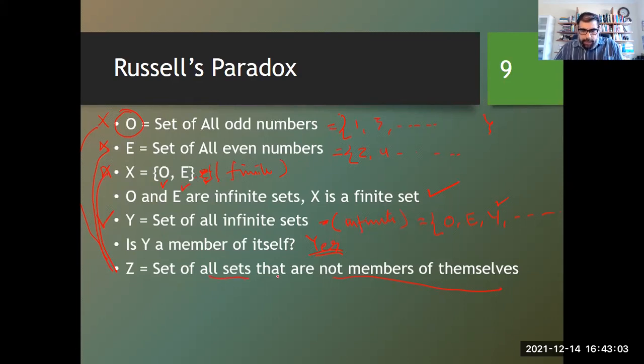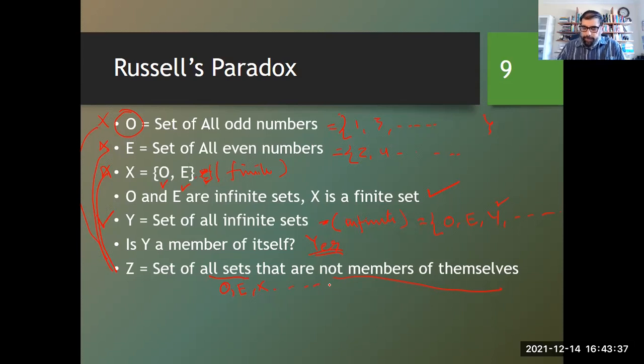ऑल सेट्स दैट आर नॉट मेंबर ऑफ दैमसेल्व्ज, इसमें से सिर्फ तीन हमने यहाँ स्क्रीन पे देखे हैं। एक O, एक E और X। ऐसे और बहुत सारे सेट्स होंगे जो खुद अपना मेंबर नहीं होते, ठीक है। ये तो Y हमें एक ऐसा मिल गया सेट जो कि अपना मेंबर है, लेकिन नॉर्मली सेट अपने मेंबर नहीं होते। तो उन सेट्स की मैं लिस्ट बना सकता हूँ यहाँ पे, और दिखाता चला जाऊंगा कि ये सारे सेट Z के मेंबर्स हैं। Z के मेंबर्स वो सेट हैं जिनकी ये प्रॉपर्टी होती है कि वो खुद अपने मेंबर नहीं होते, जैसे कि O, E और X।